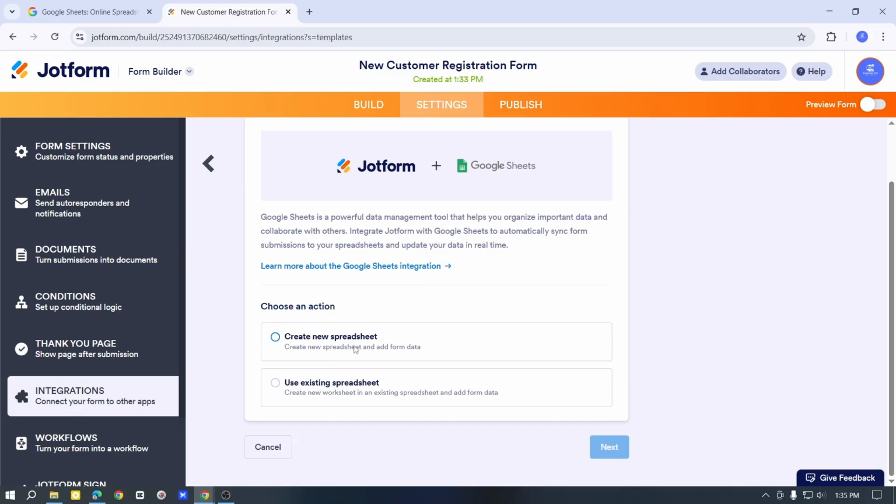One is create a spreadsheet. That means if someone submits a form on JotForm, then what will be the action created? Like, is it going to create a new spreadsheet on Google Sheet or is it going to add to an existing spreadsheet? So for this tutorial, I'm just selecting this one for new spreadsheet and just simply click on this